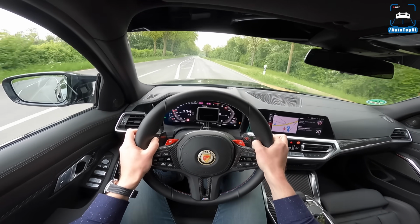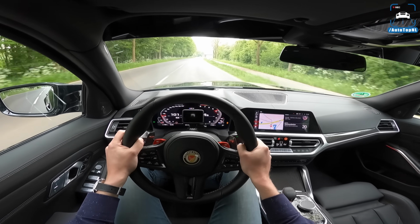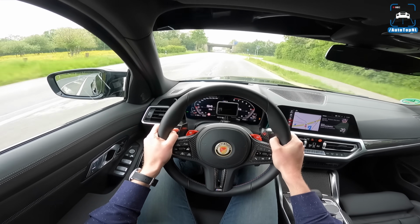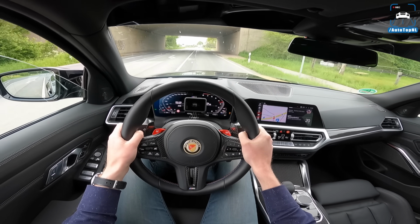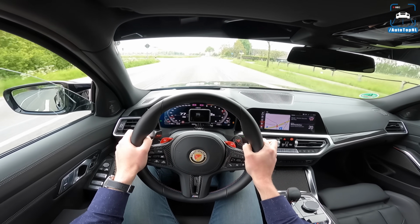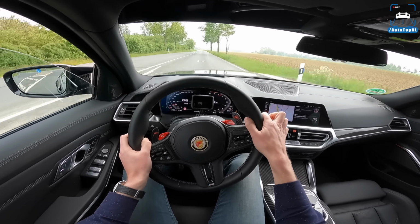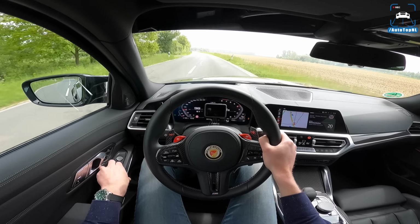Oh, that is so dirty. Oh my God. That is a big difference, man. Jeez. As you can see, it is lighting up its rear tires,